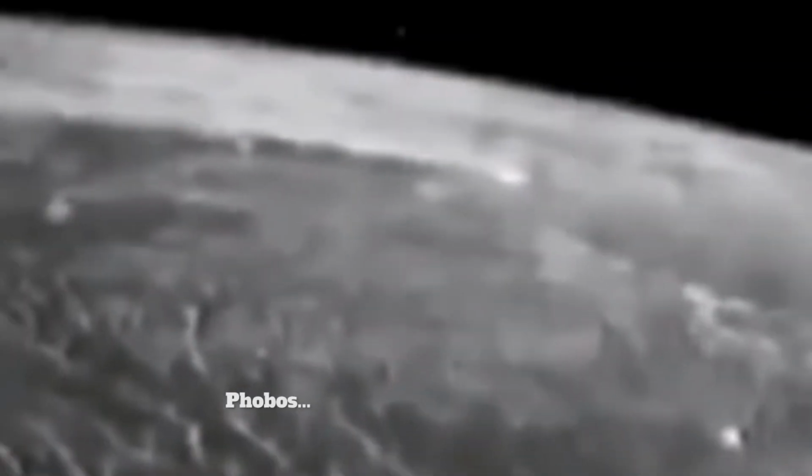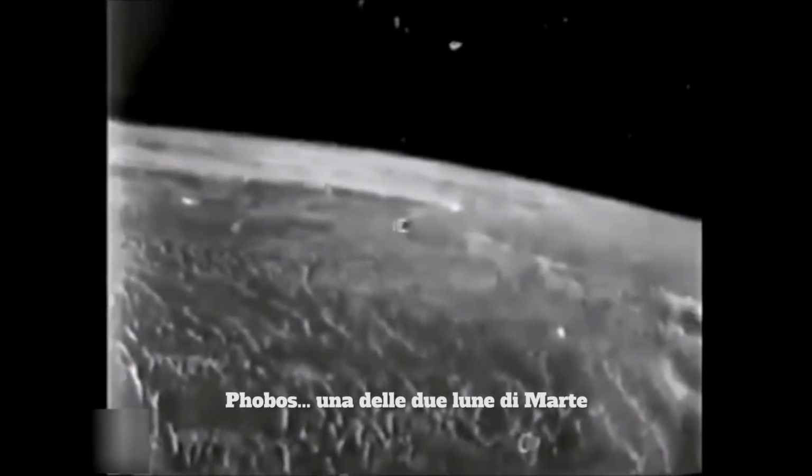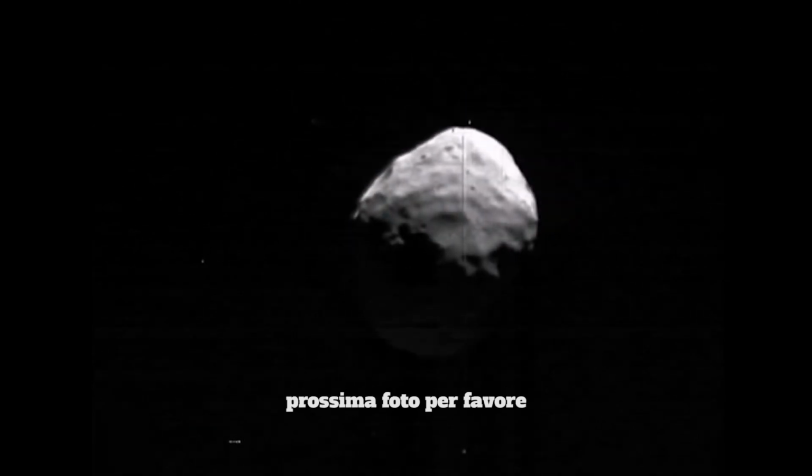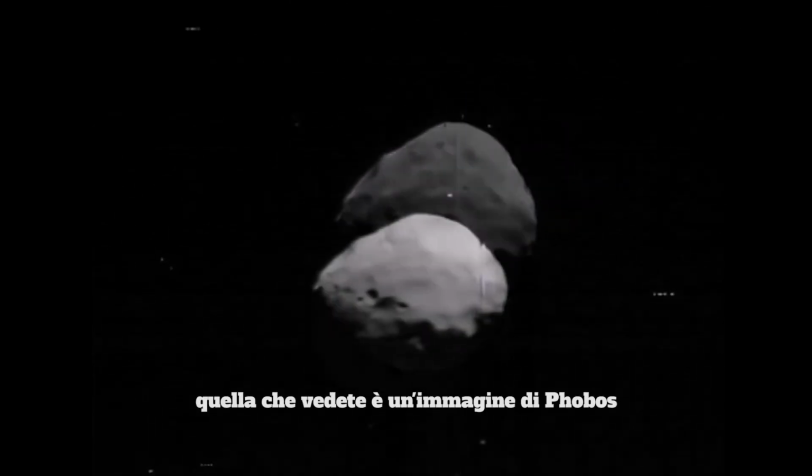Phobos, one of the two moons of Mars. And while they were taking pictures, this object comes up from the surface of Mars, bumps the Soviet Phobos satellite, knocks it out of orbit, and it crashes. Next picture, please. What you see there is a picture of Phobos,